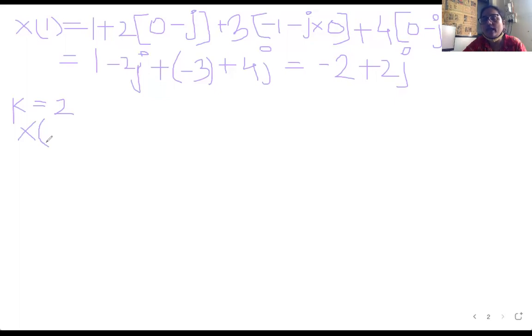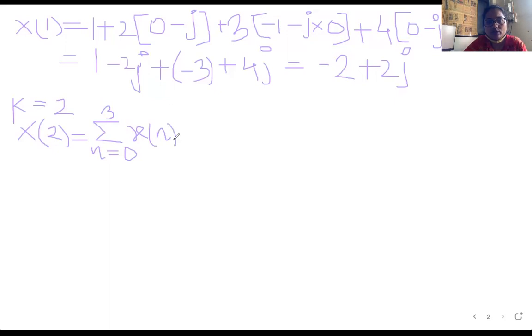In this case, k is 2, so I'm going to write x of 2, which is equal to summation, n varies from 0 to 3, x of n